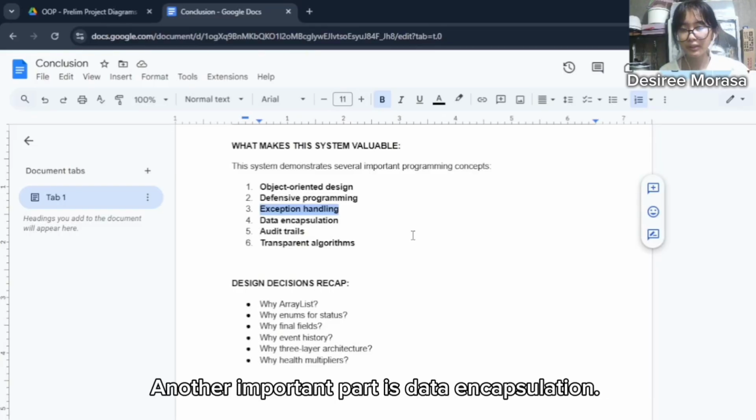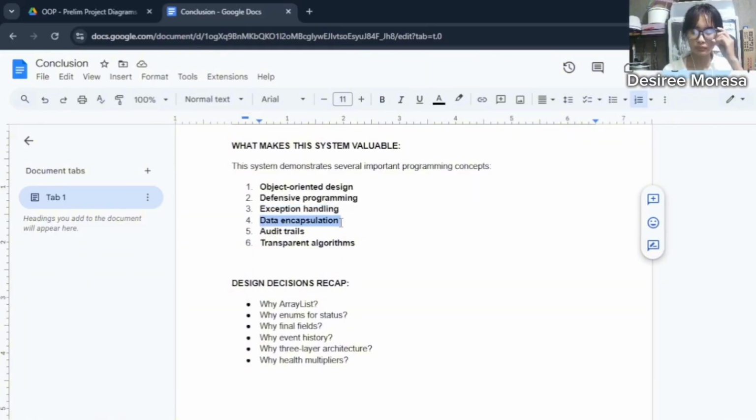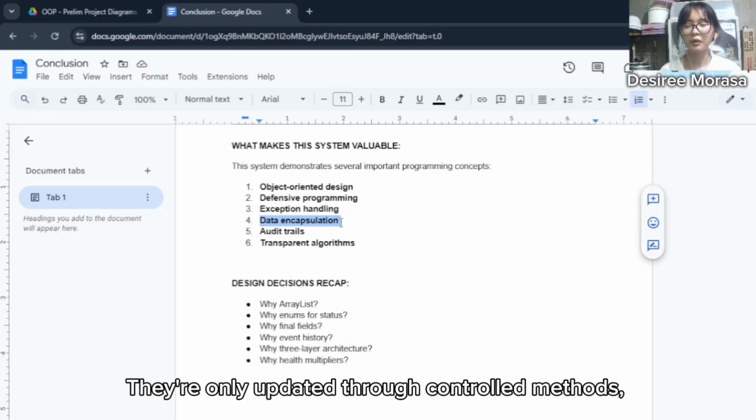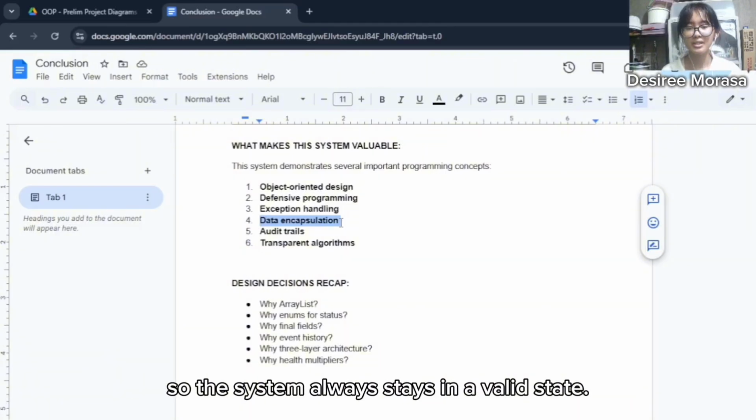Another important part is data encapsulation. Sensitive or important values can't be changed directly. They are only updated through controlled methods, so the system always stays in a valid state.